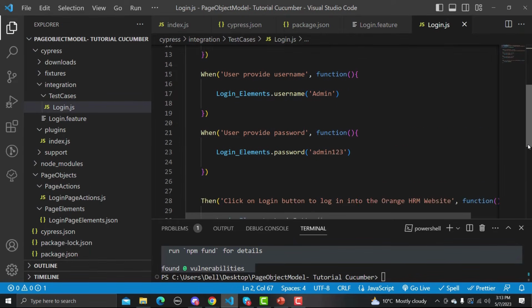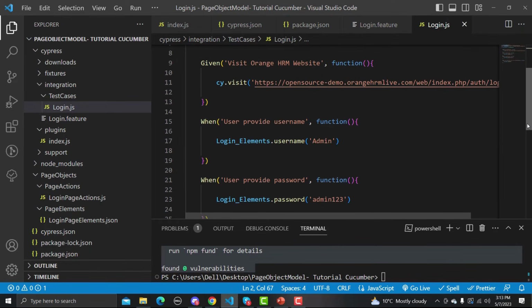Save this file here, and now there's a rule, right? The rule is that this feature file needs to be inside this integration folder, and whenever we create a step definition, what we need to do is that we need to create a folder inside the integration with the same name here. So right now it's test cases.